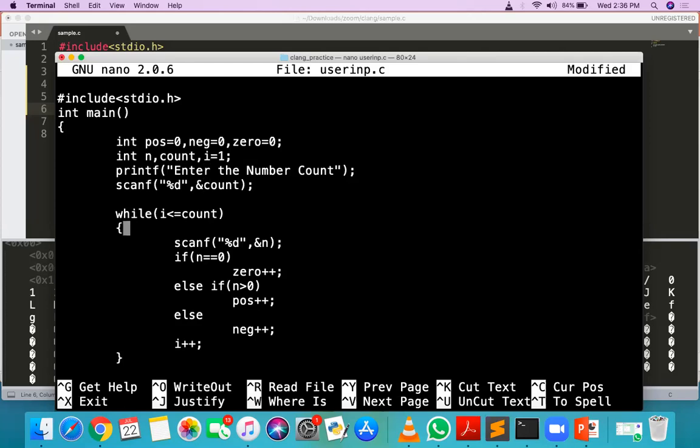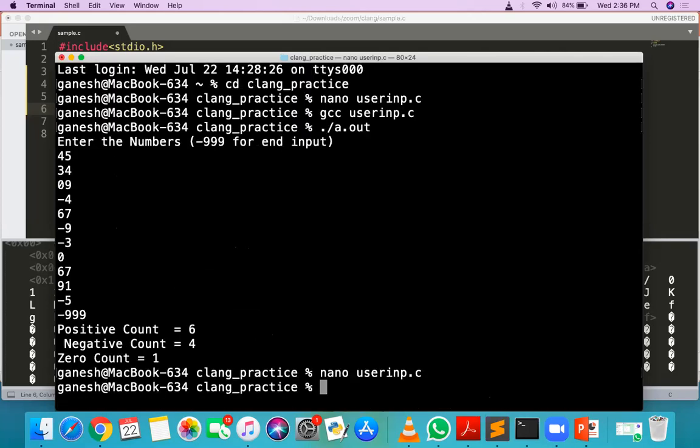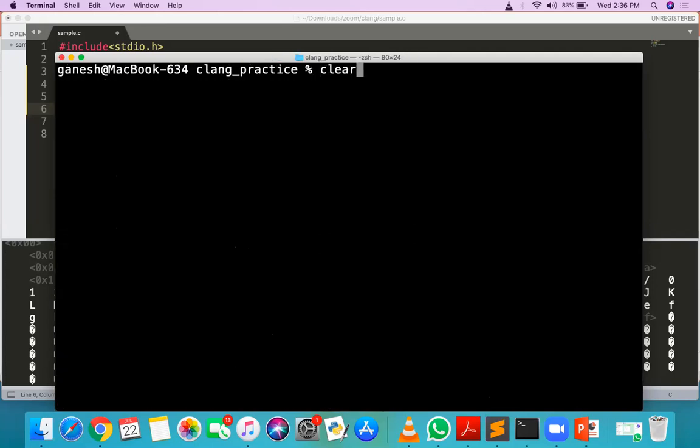Getting? Now you will get the same output. Enter the count. Suppose I want to enter 6 numbers. So enter the 6 numbers: 34, 78, -9, 61, -4, and one more, 0. Last is 0.